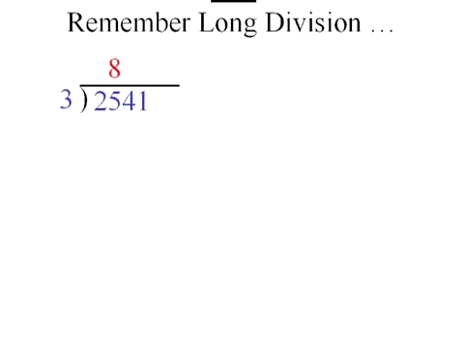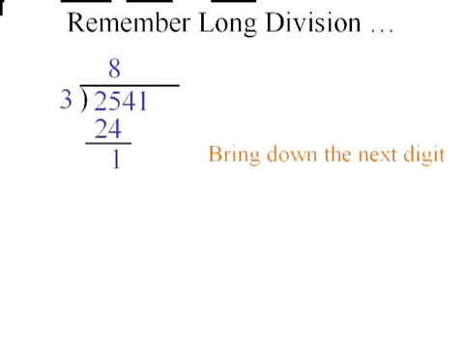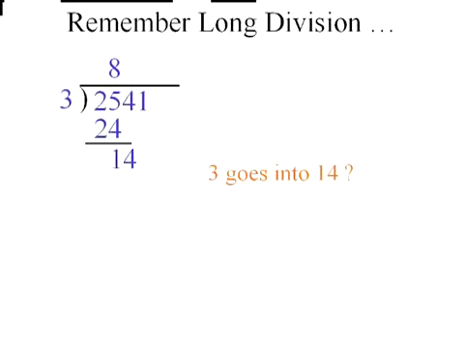So I made my guess. Now I multiply 8 times 3. I get 24. The next step is to subtract. 25 minus 24 is 1. And finally I bring down the next digit, which in this case is a 4. Now I go back and start the process all over again. 3 into 14, well, that goes 4 times. So I write the 4,